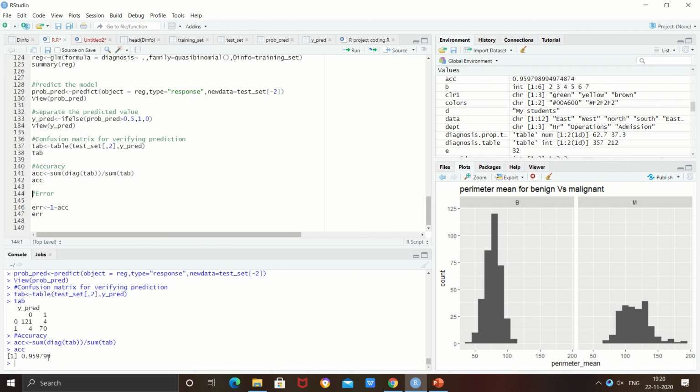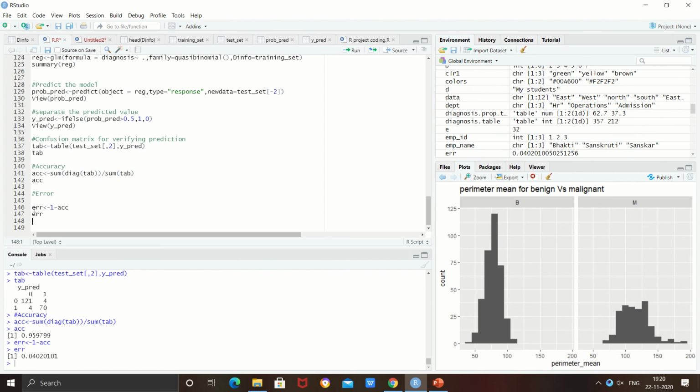So this is good. I think logistic regression is the best way to check whether the tumor is benign or malignant. And now we will have the last part, that is the error. So there is 0.040 error in our code.